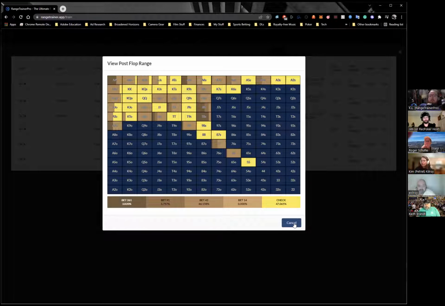Now I notice there's a question about importing hands. Right now that isn't a feature that is in the public version, but we are working on making it something that can be done. Right now, the limitation is twofold. A, we want our database to be more robust. So let me